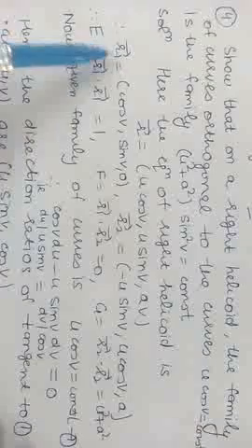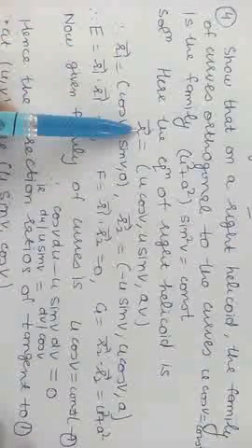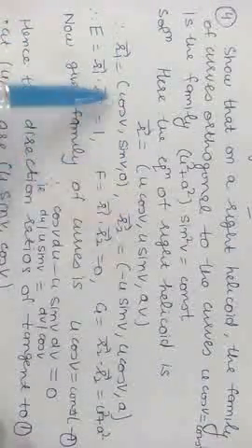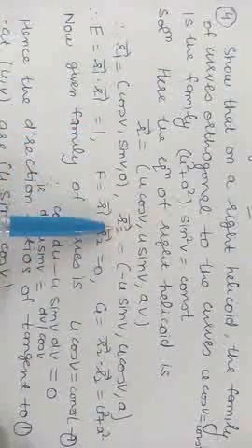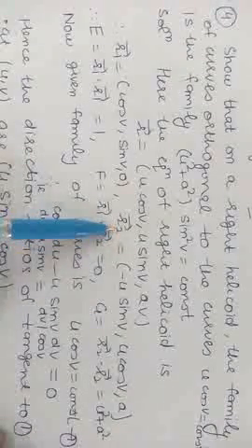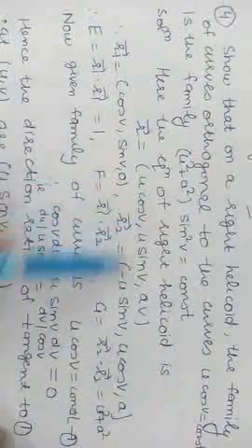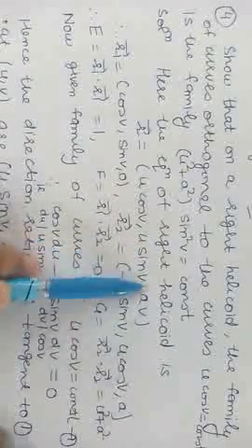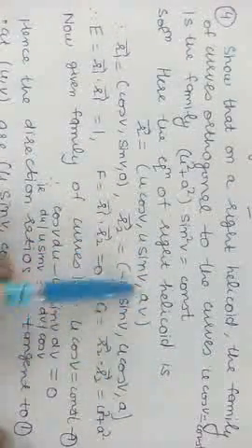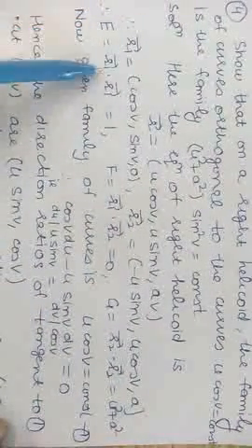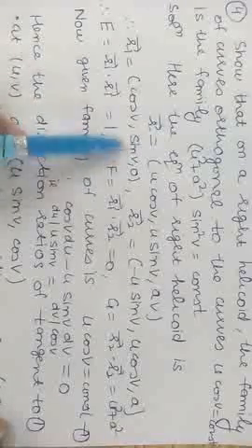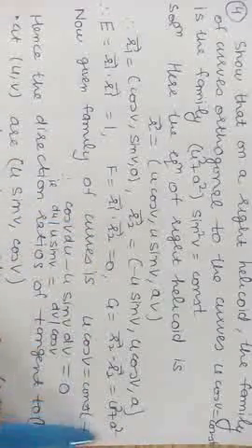So vector r1 means partial derivative of vector r with respect to u, which is given by (cos v, sin v, 0), and vector r2 means partial derivative of vector r with respect to parameter v. So derivative of cos v is minus sin v, derivative of sin v is cos v, and derivative of av is a. Now the first fundamental coefficient is E, which is r1 dot r1. So that will become cos square v plus sin square v. F, which is r1 dot r2, will be 0. G is u square plus a square.